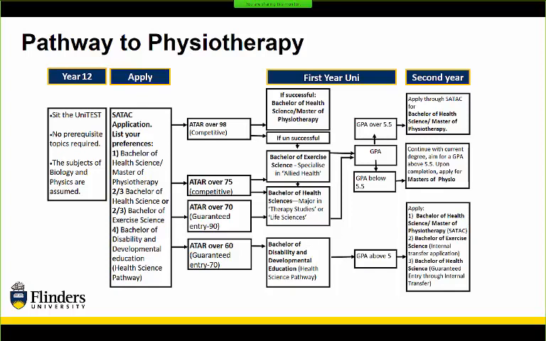However, if this person didn't do so well in their school results and maybe achieved an ATAR of 65, then it's likely they'd receive an offer into the Bachelor of Disability and Developmental Education, and then they'd work hard to obtain a GPA above 5, and that would provide them guaranteed entry into health science. But they'd also be competitive for exercise science, and I mean they can also apply for the Bachelor of Health Science Master of Physiotherapy again, because we always recommend you put what you want most as your number one preference. Okay, so